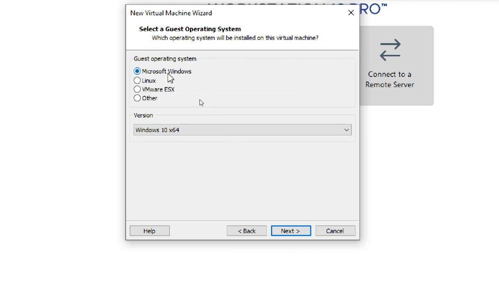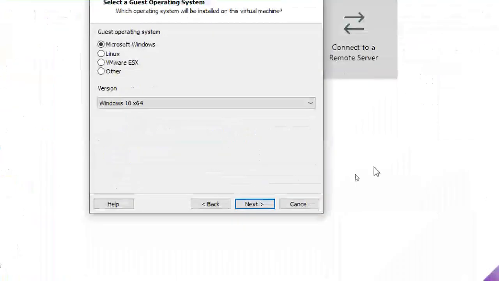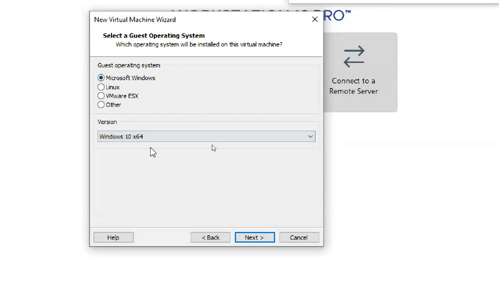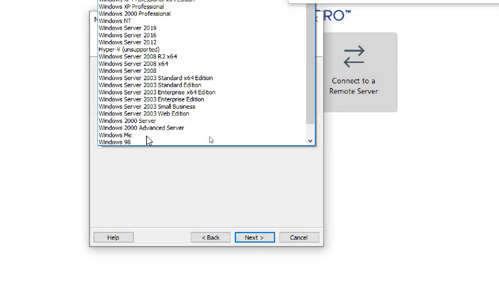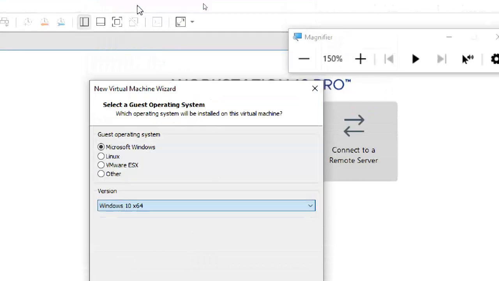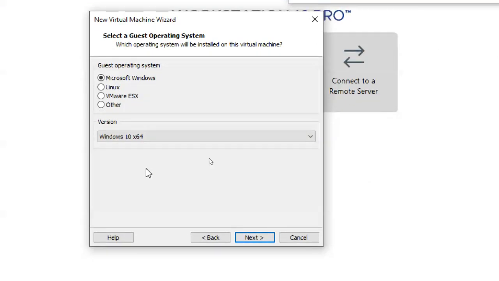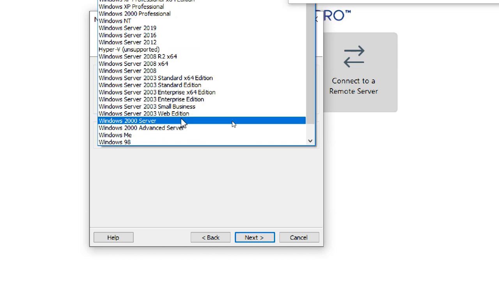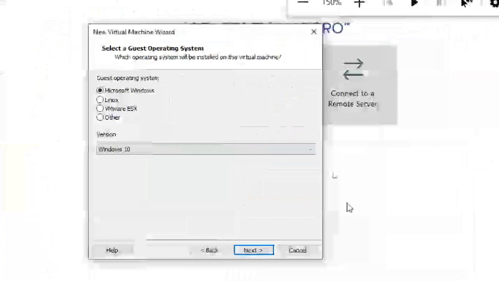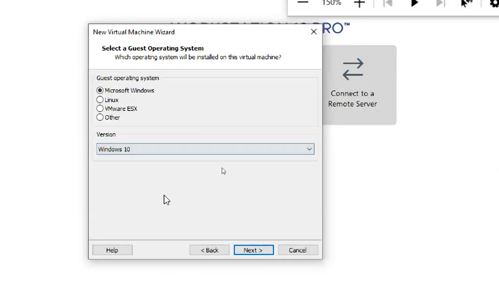Next, select your Microsoft Windows 10. Select Microsoft Windows 10 and you can see Windows 10 64. By default it's showing Windows 10 64. Otherwise click it and you can select Windows 10 64. Guys, those who are not having virtualization and 32-bit people, if you are going to install Windows 10 32-bit, you download, already I showed how to download, and if you are using 32-bit Windows 10, select Windows 10 only, not 64.